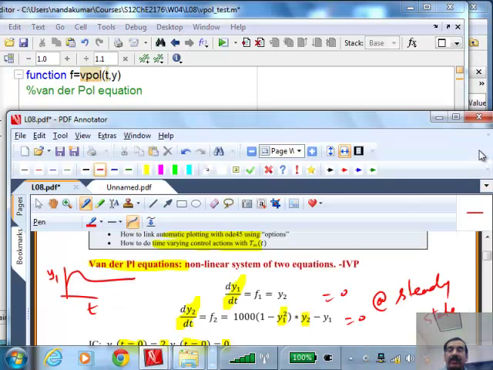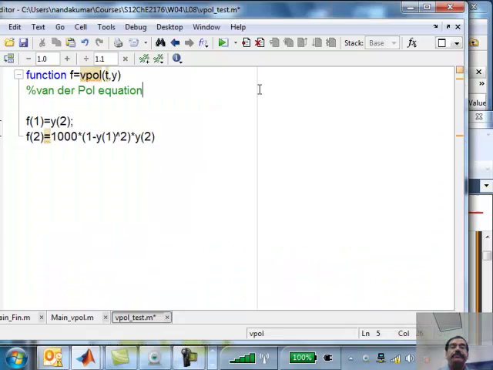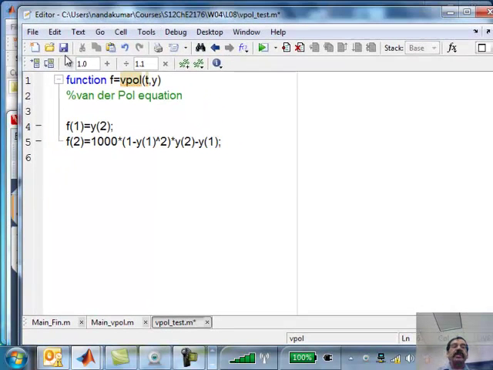Okay, 1000 times 1 minus y1 squared times y2 minus y1. And then make sure that the parentheses are matched. That's all you need to do. And save this function. Okay, the function name we have given as vpol test.